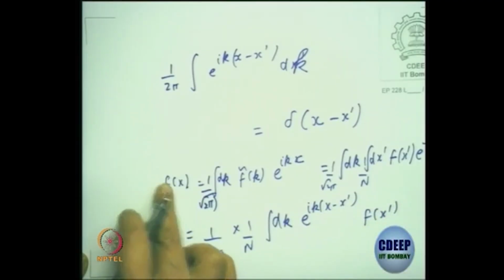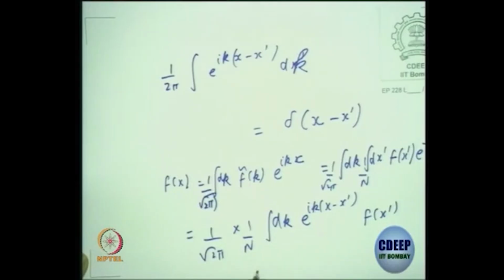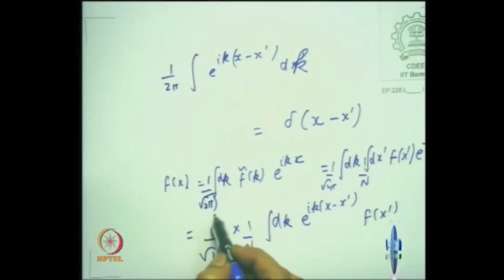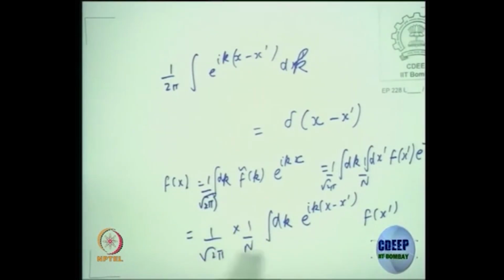I want the left hand side to be the same as the right hand side, and that forces me to choose my normalization. Is it clear? In some places they would use 2 pi here, and then the inverse Fourier transform normalization will be 1. That is all I was saying. So this will imply